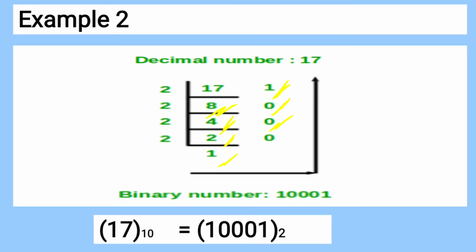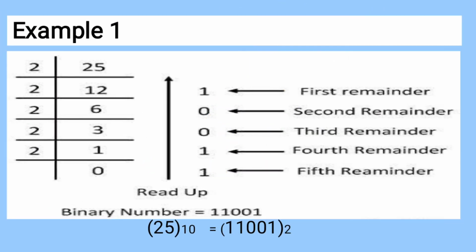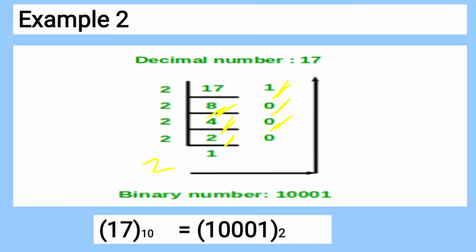In the previous slide, there was one step extra written. They wrote the last step 2 zeros are 0 and here 1 was written. This is also okay, or otherwise you can simply stop as soon as you get 1, but keep in mind that when you write the answer, you include this 1 in your answer also. So start writing your answer from this 1 and include the rest of these numbers, going bottom to top. It will be 0 0 0 1.